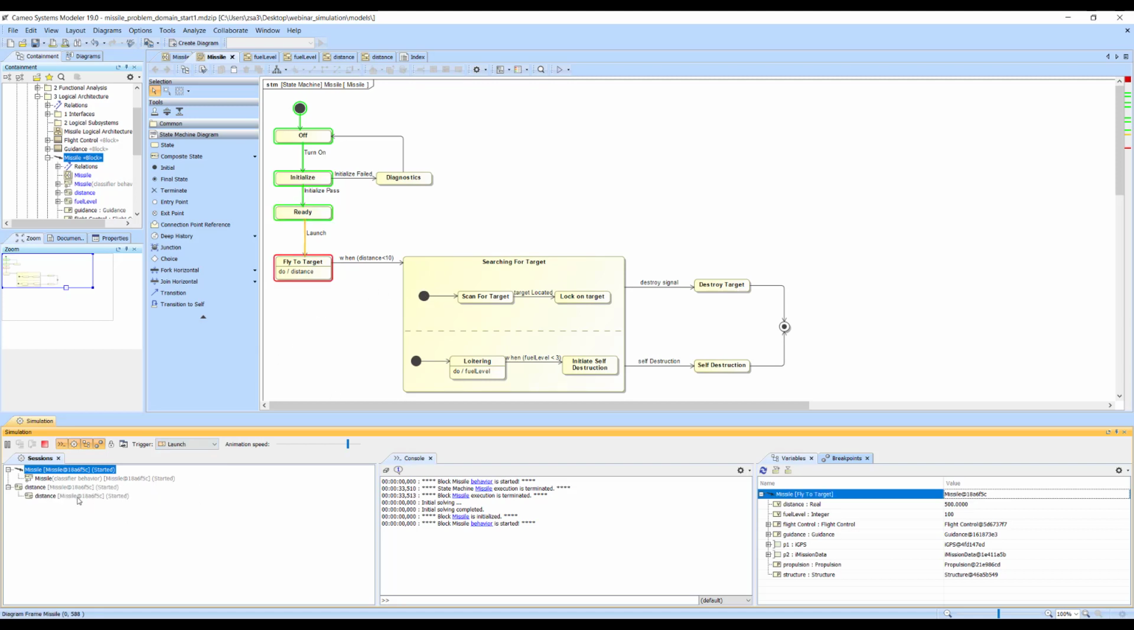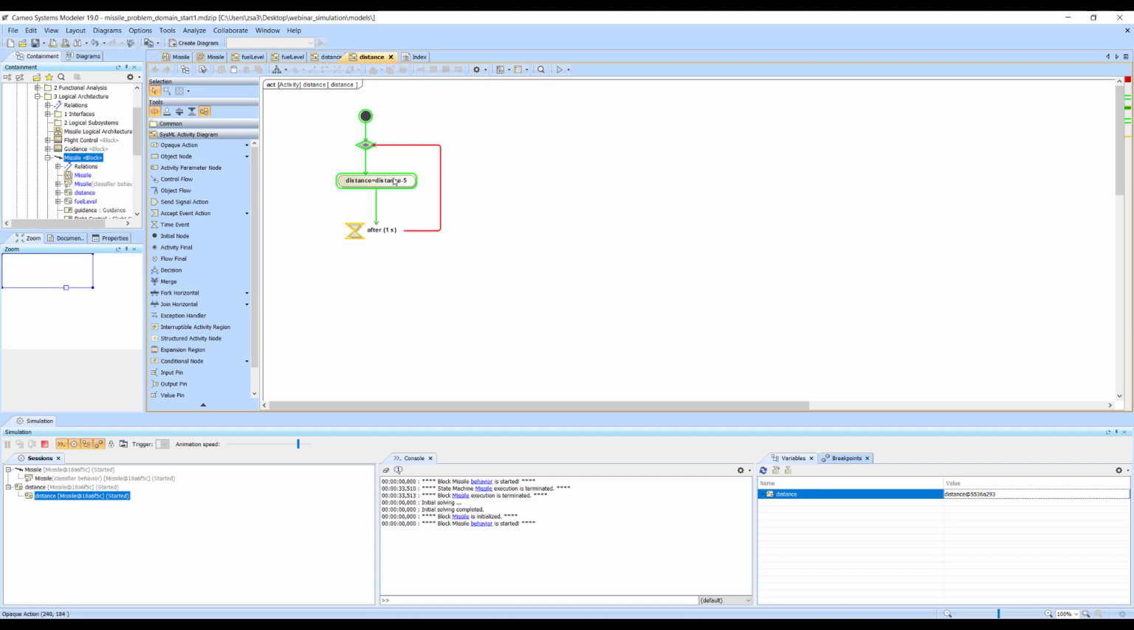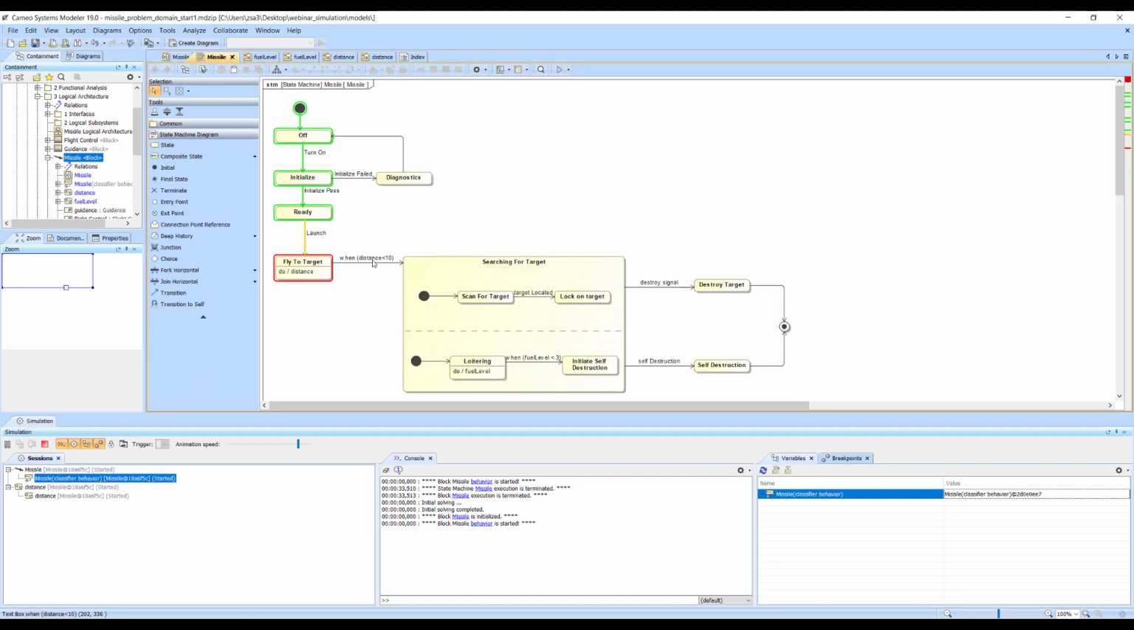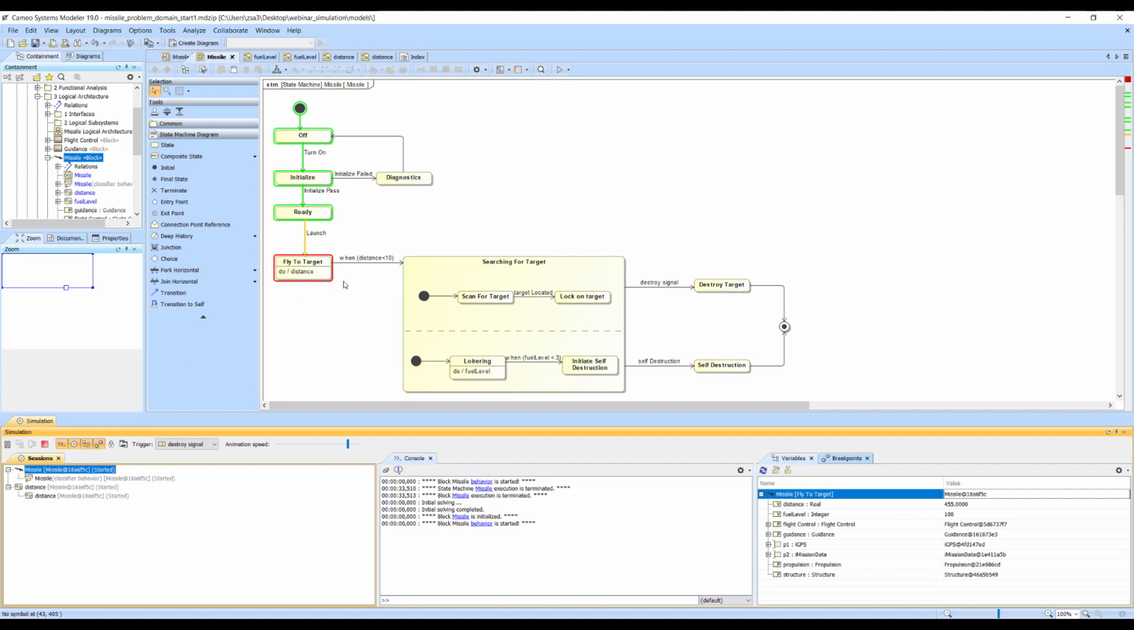And now what is happening? The activity diagram was triggered and it is changing the distance value every 1 second. It is in fact reducing it by 5. This is what you see here. It is reducing its value by 5 until we reach that 10. Probably we don't have time for waiting until it reaches this 10. So I will pause the simulation and I will change this value to, let's say,